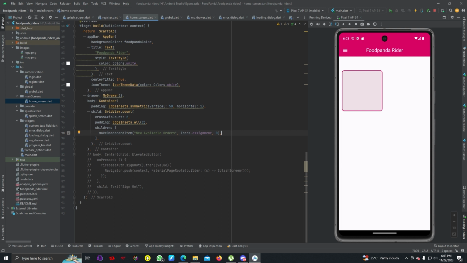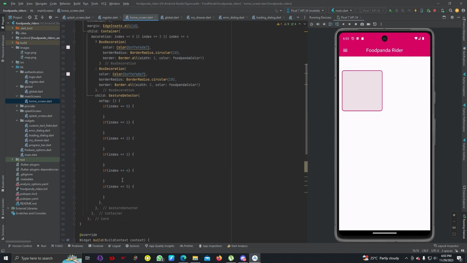So I need to add after this GestureDetector,